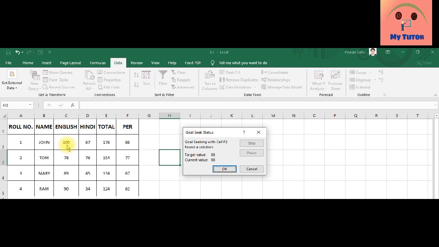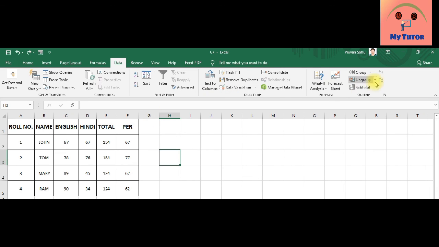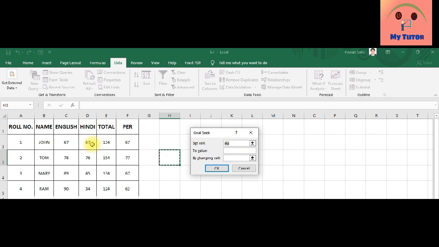That means it is not possible to get 109 marks, but this is the fact. Once again we'll see What-If Analysis, this one. Now I want to change in this one. I want here, let's say, 75% on the basis of English marks. Select this C2.